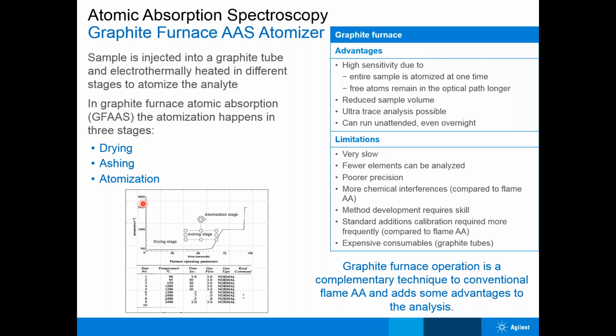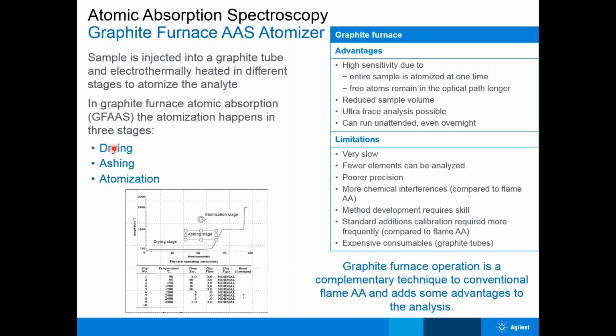Sample is directly injected into the graphite tube and electrothermally heated in different stages to atomize the analytes. So basically, these are the different stages in the graphite furnace. When you insert your sample into the graphite tube, first it dries your sample. As you can see from here, from 0 to close to 65 degrees, drying